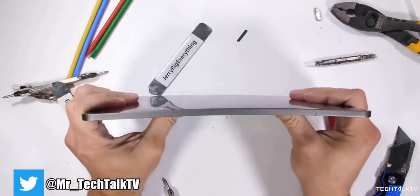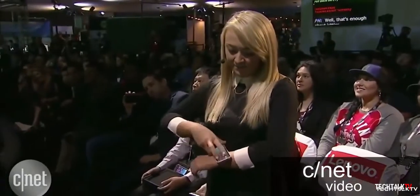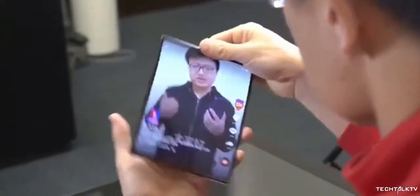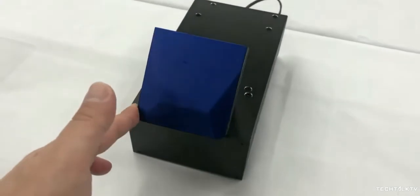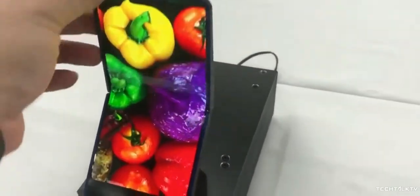So we've seen various types of foldable smartphones in recent times. Samsung, Huawei and a company named Flex Royale are the ones who actually launched the foldable smartphones. There are other concepts or prototypes out there that multiple companies are working on. For example, this foldable phone by Xiaomi where it folds from both the sides, or this prototype where it folds vertically. Companies are experimenting with this tech and taking different approaches, which is a great thing for the future of